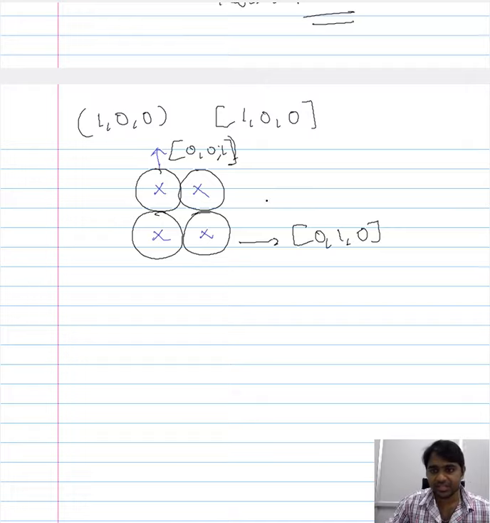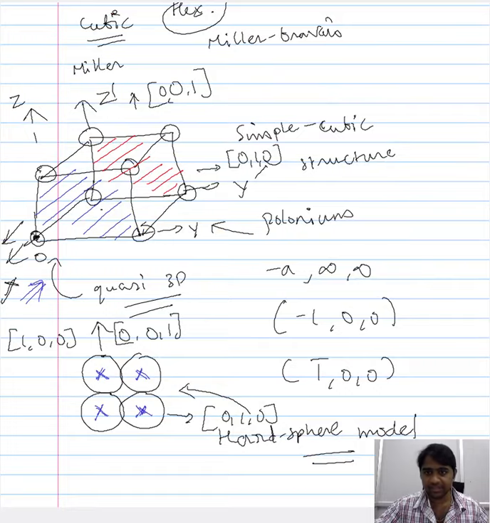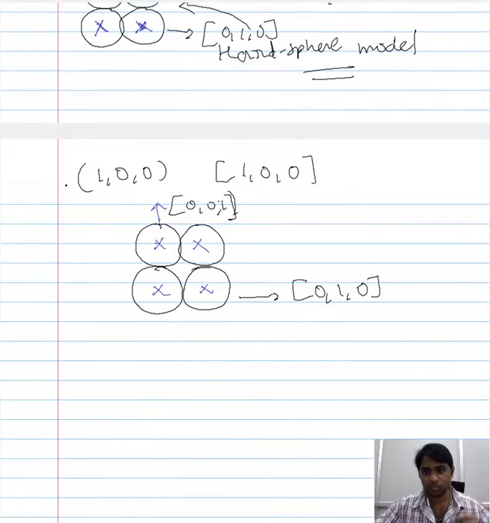Now we can see that the atoms in the red plane and the atoms in the blue plane have the same positions, they directly overlap with each other, and therefore you see the centers of these atoms align along a straight line. In other words, the arrangement of the atoms in both these planes is the same. There is no shift in the position of the atoms when you consider the red plane here and the blue plane here, so the centers of the atoms align with one another.